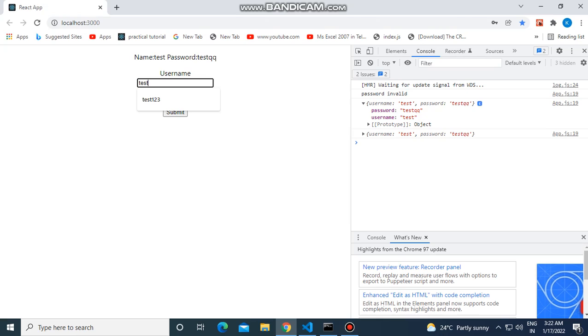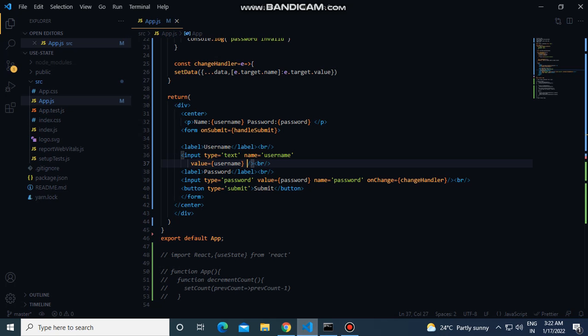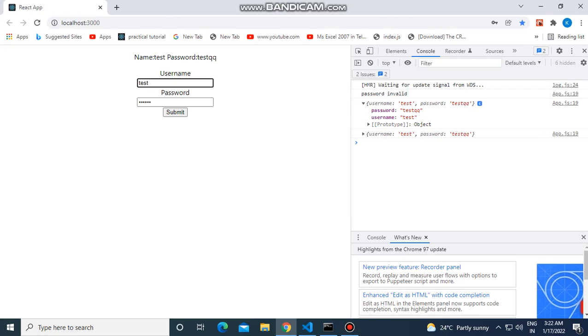This is because the state variable username will always contain test, it will not change. So here, handle the onChange event, Control S. Now we will be able to change. Submit. Test triple A, test quick.